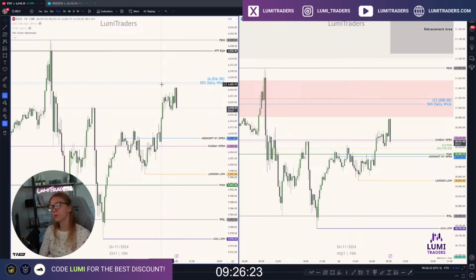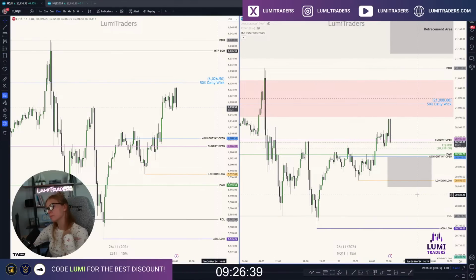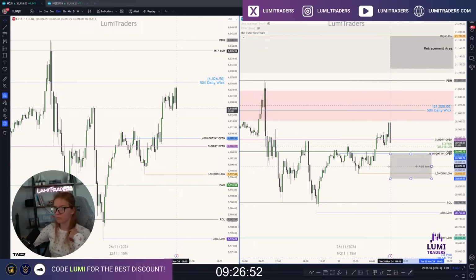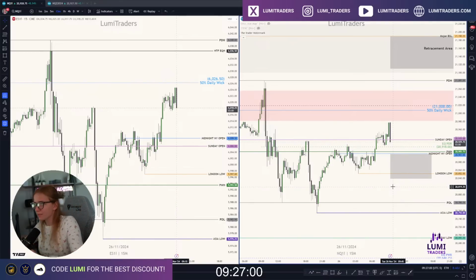I would say I expect to get a move lower right at the open, but I'm not sure to say it's going to be trendy. Most likely it's going to be just a retracement somewhere right here. Maybe London low taken. Basically it will be an interesting retracement somewhere right here. Then long to this range. I mean, partial is going to be 50%, and the final target is going to be inside this gray box. Most likely. That's the plan. We will see. I'm not in a rush. Not going to trade NQ, but most likely I'm going to trade MNQ, 5 micros.